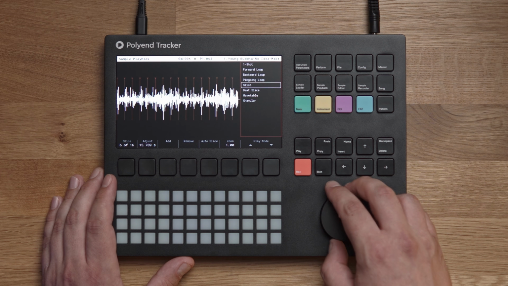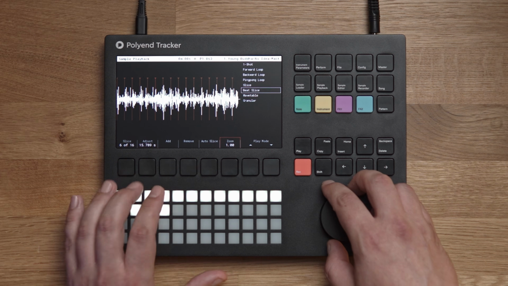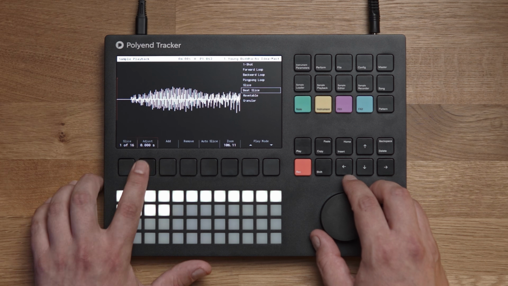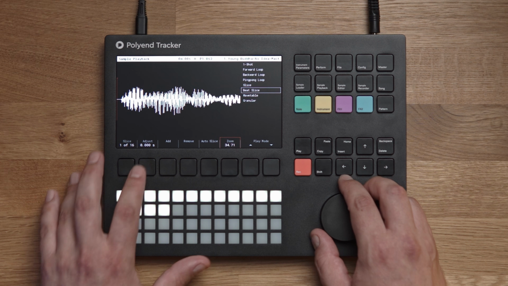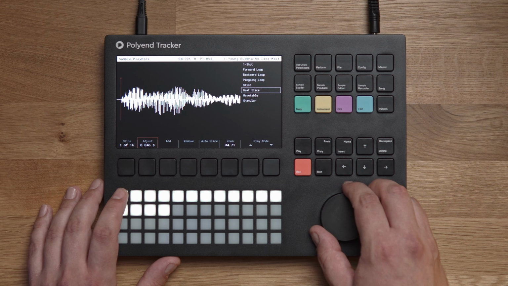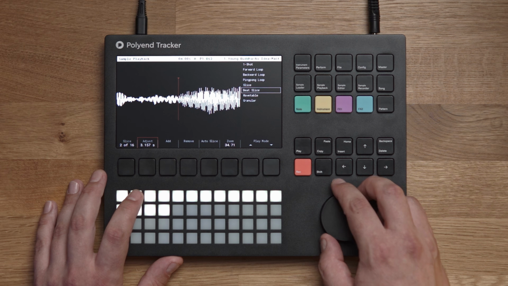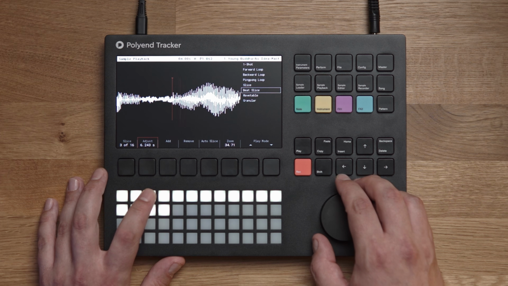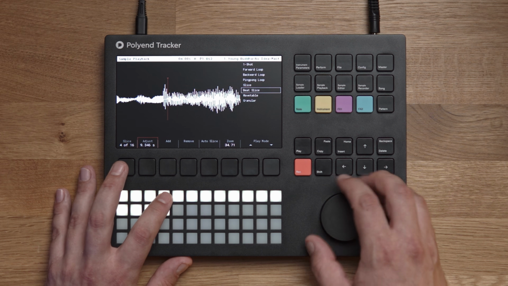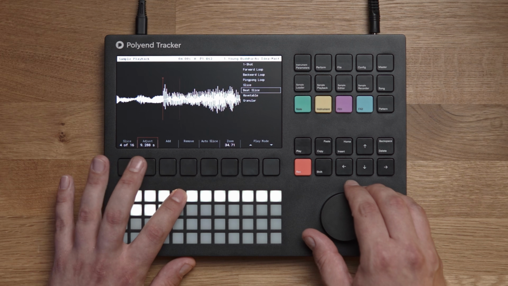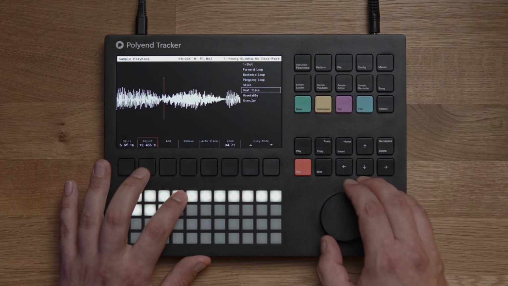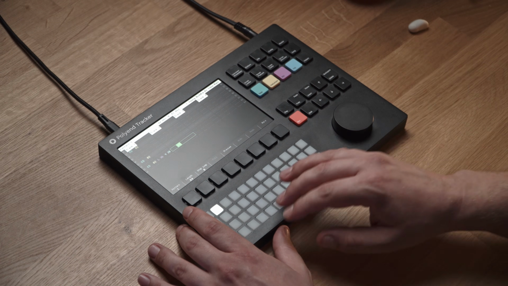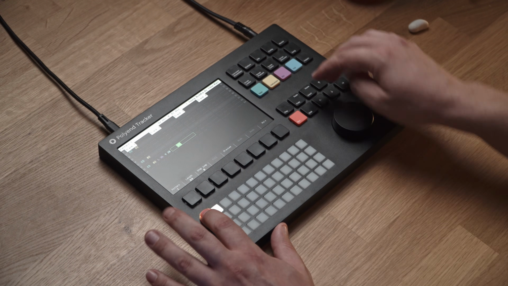But with this, we should actually zoom in a little bit more and then adjust the slices, because they are not really on the grid, because the sample itself was played a little bit like a human player or something. And now I'm gonna go back to our pattern and let's try to play something. So we have this,